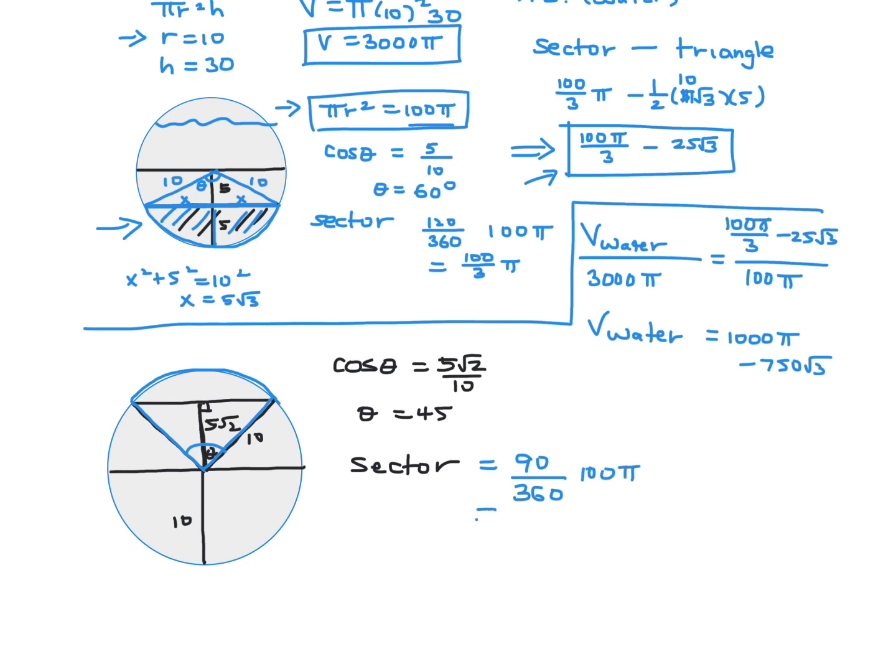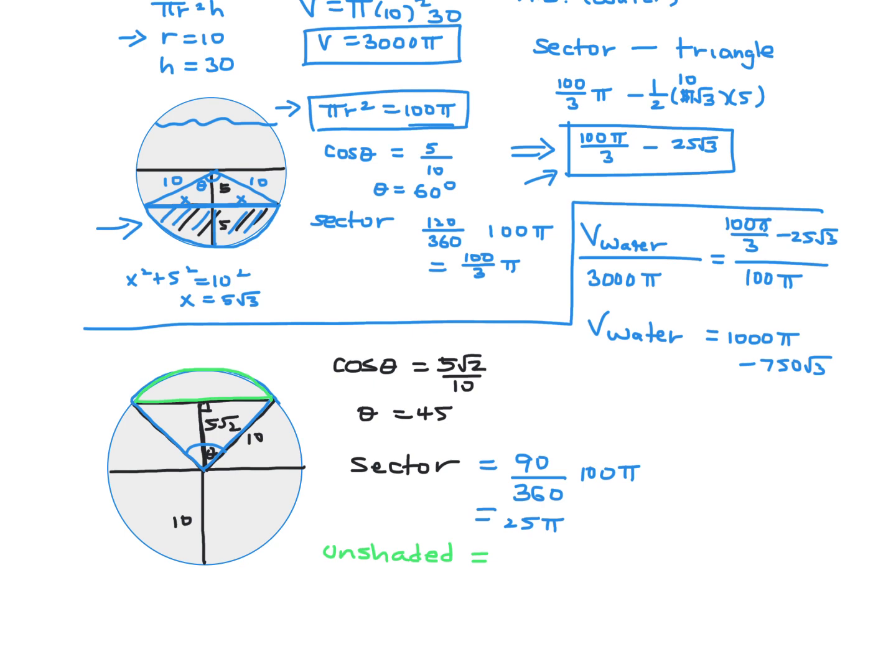Okay, so that's basically just 25 pi. And then now the unshaded guy is this one here. That's what we don't want. We want everything else except that. So that unshaded, basically the part that's not water, because all of the rest is water, that's going to be